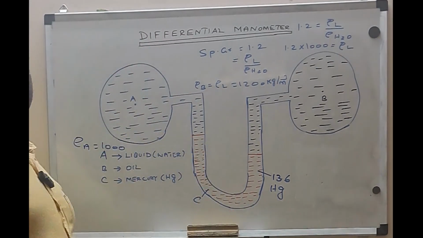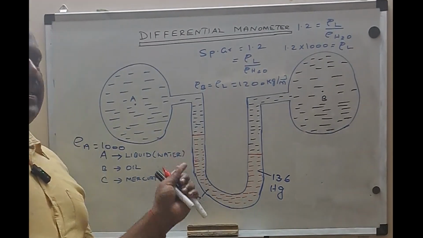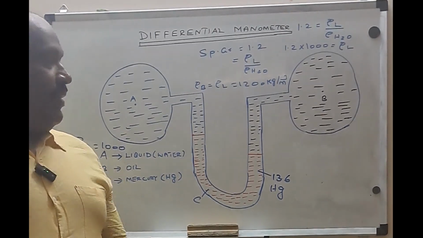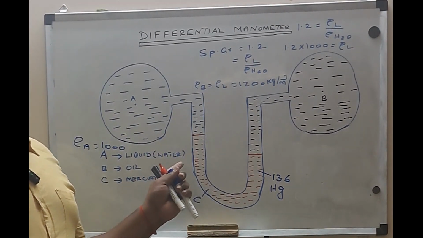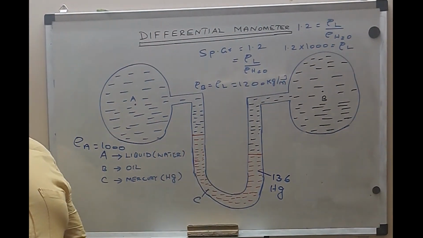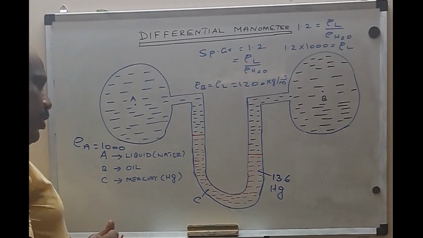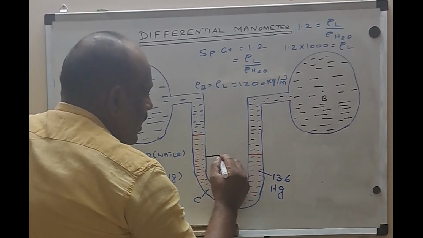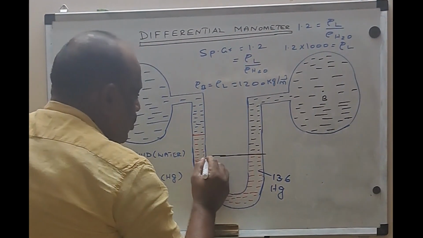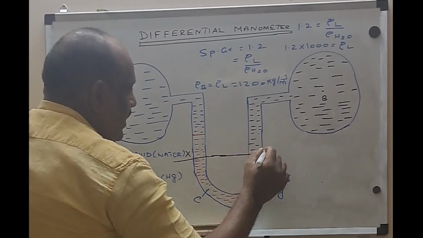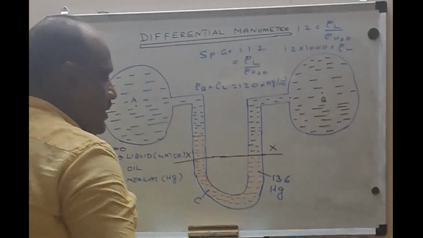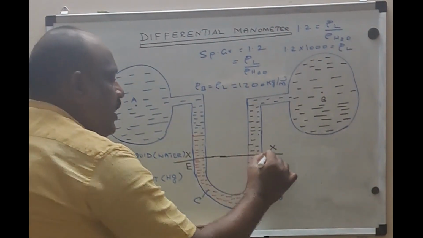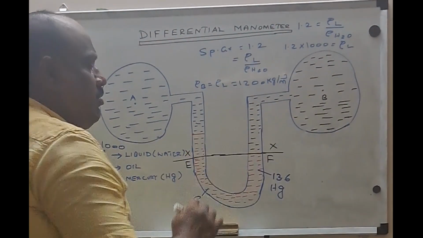Can someone tell me where the pressure at the left hand side limb and the right hand side limb will be the same? Any idea? I can draw like this: where this mercury ends, from here I can draw a plane. As you said, it is XX. This plane is XX, and I'll mark these points as E and F. Whatever point you like, I'll call this point